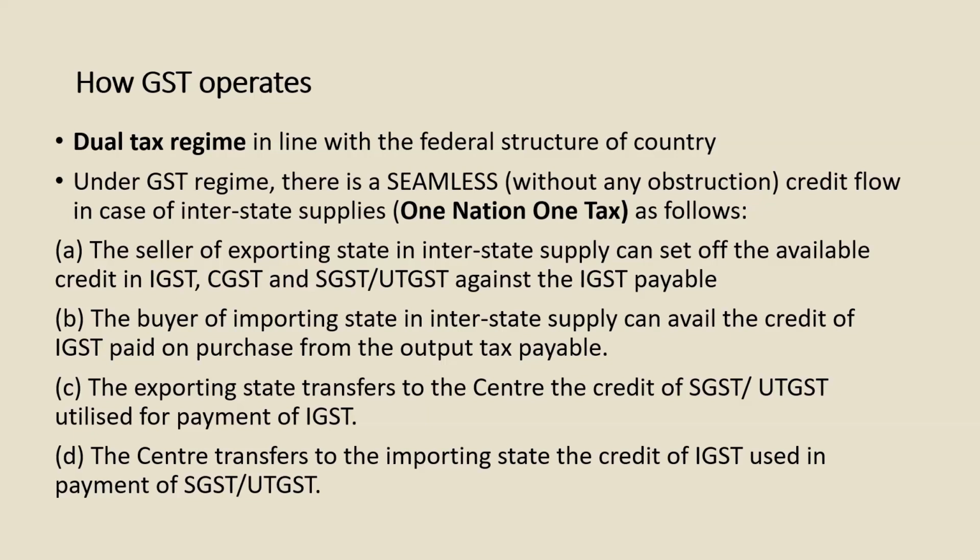So when you purchase, you pay GST, it is called input tax. When you sell a product, the same product after value addition, that's called output tax. So the output tax will be paid net of the input tax, because of the value added nature of this